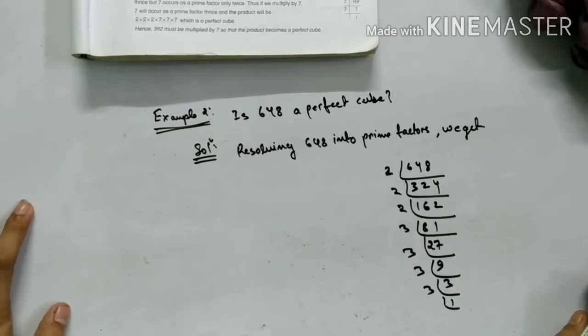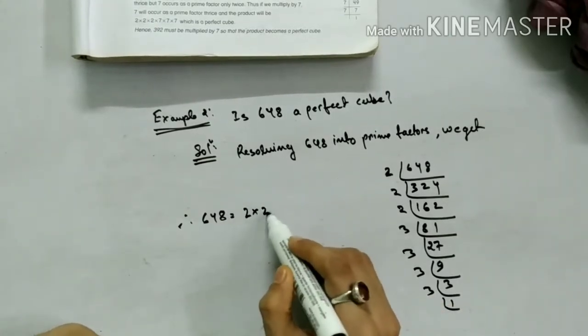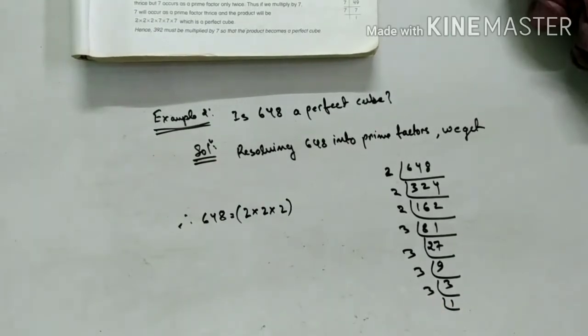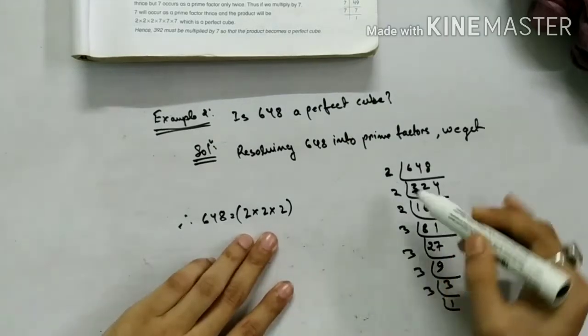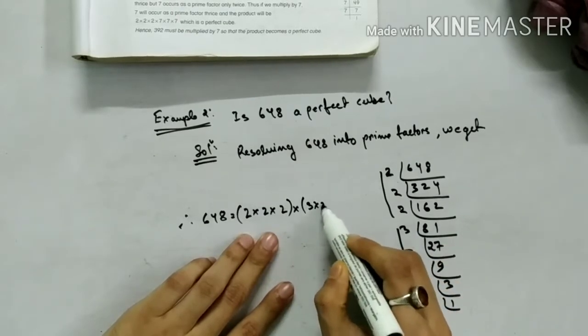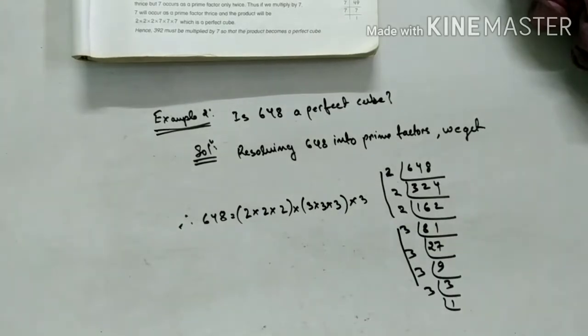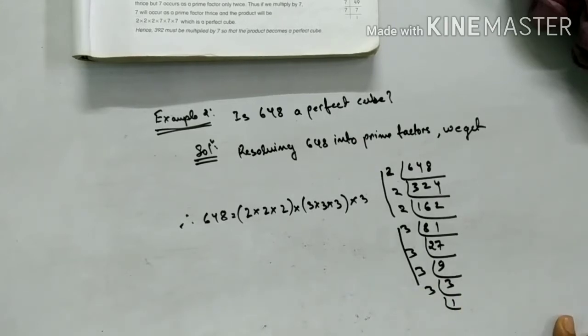So therefore, 648 I can write as 2 into 2 into 2. You make a group in which there will be 3 factors. You see 2 into 2 into 2, one group, again 3 into 3 into 3, another group, and last 3. So you see this 3 factor does not make a group, it is left over. Understand? So clearly, in grouping the factors in triplets of equal factors, we are left with 3. So therefore, 648 is not a